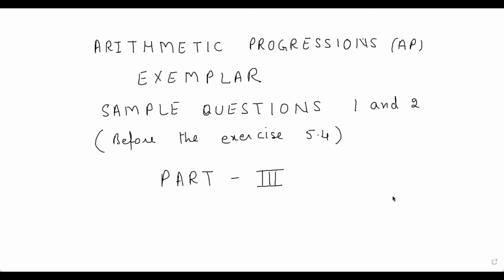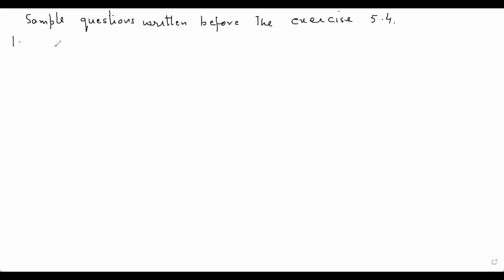This video is on arithmetic progressions (AP) of exemplar. In this video, I have explained two sample questions which are written before the exercise 5.4. This is part 3. Now, sample questions written before the exercise 5.4. Sample question 1 is,